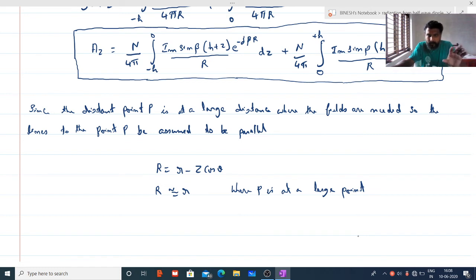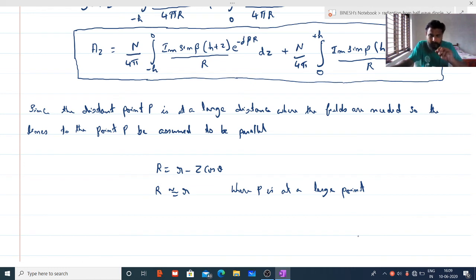What I am discussing here is that in equation 3, for A z, you have the denominator capital R. That capital R can now be replaced by small r. But keep in mind, in the numerator you have the term e raised to minus j beta R, where you also have a capital R. That capital R is included in the phase factor, and hence that R cannot be replaced by small r. So that difference between the capital R and small r is very important in this factor.